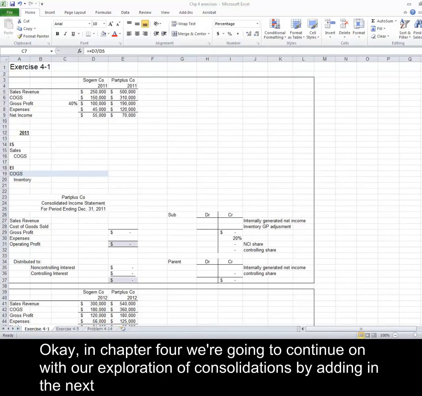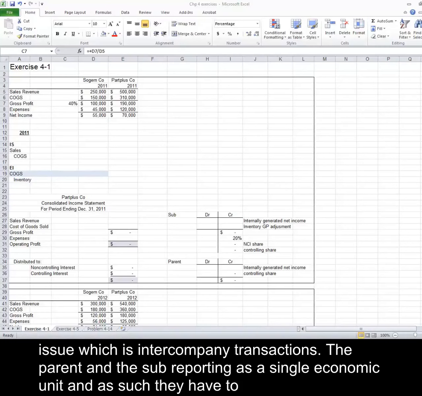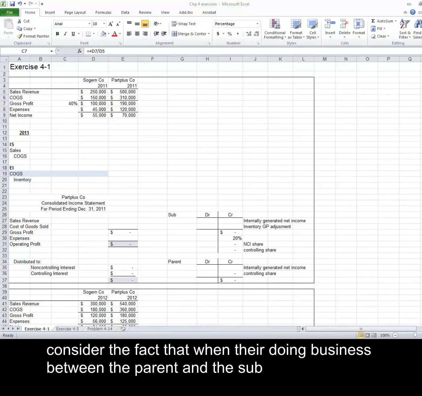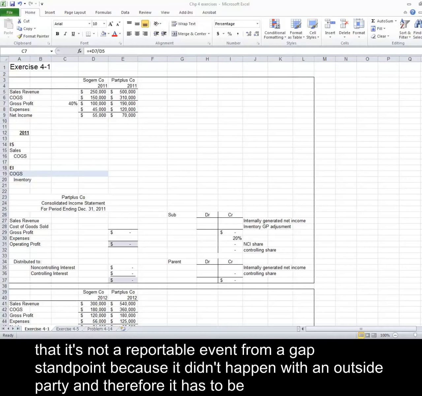Okay, in Chapter 4, we're going to continue on with our exploration of consolidations by adding in the next issue, which is intercompany transactions. The parent and the sub are reporting as a single economic unit, and as such, they have to consider the fact that when they're doing business between the parent and the sub, it's not a reportable event from a GAAP standpoint because it didn't happen with an outside party